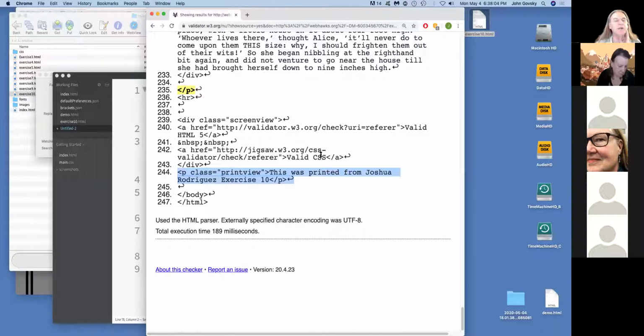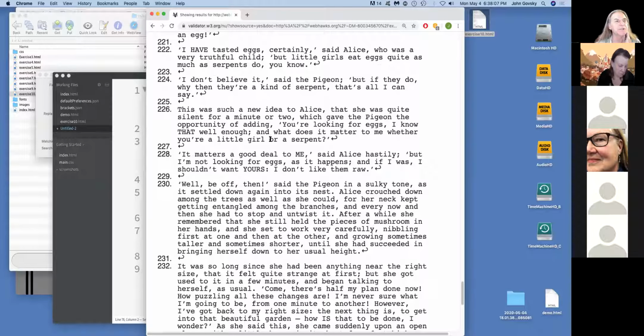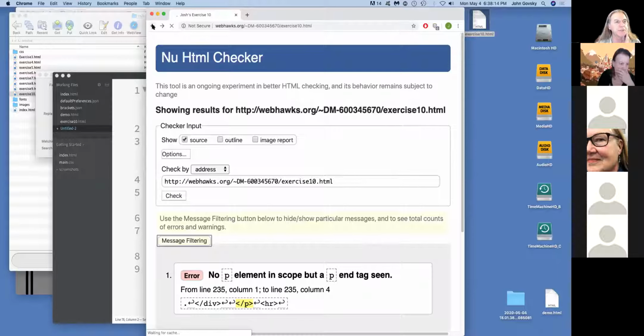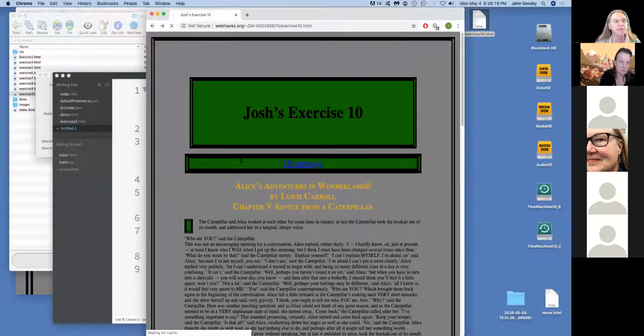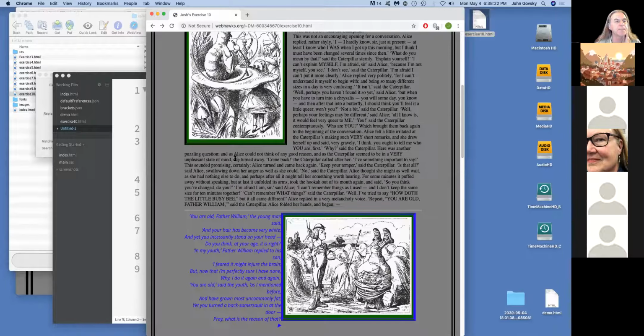That should work fine as long as the CSS is correct. So let's now look at your CSS, and you have two classes, screen view and print view. So now we have to look for those in the CSS and just make sure they're being properly used. And if they are, it should work fine unless there's a problem with that third style sheet. So now we're going to look at CSS.